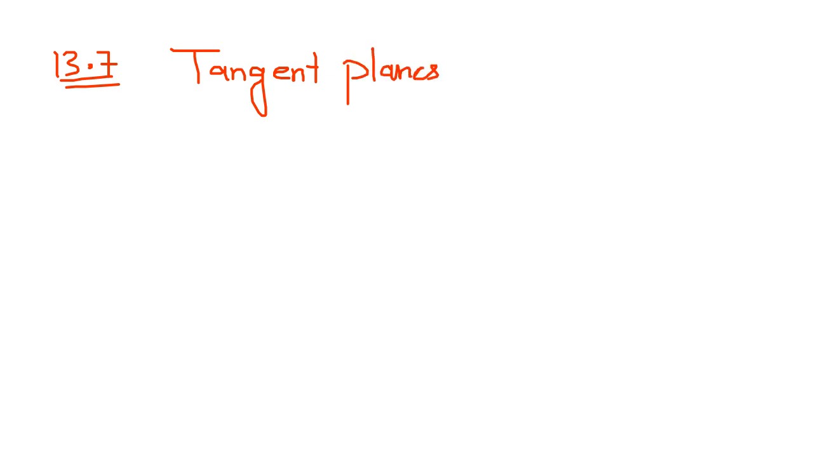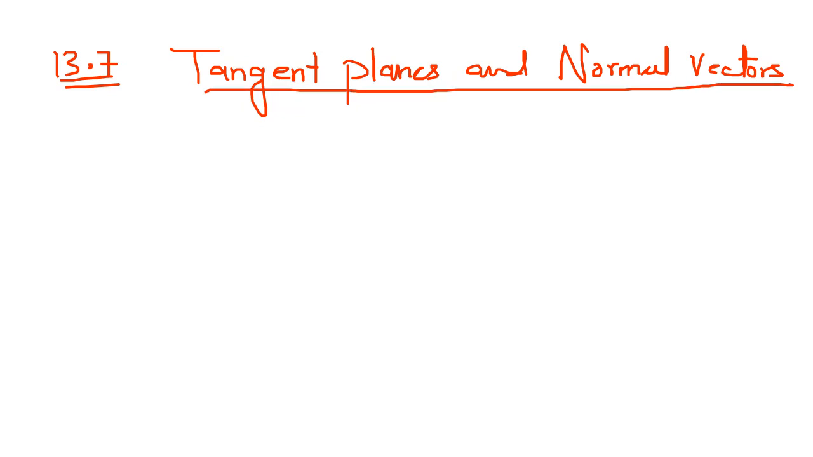Only two examples. Okay, so 13.7 is basically the tangent planes and normal vectors. So how can we define these two terms, what is a tangent plane and what is a normal vector,